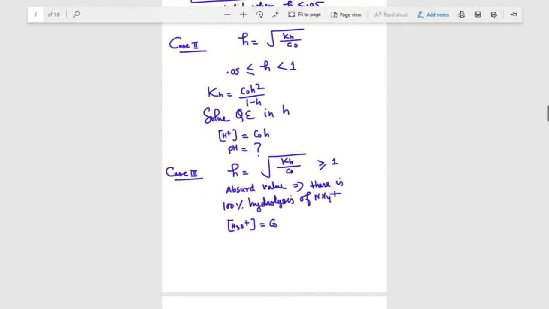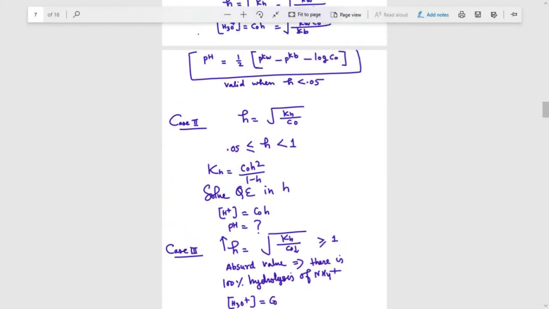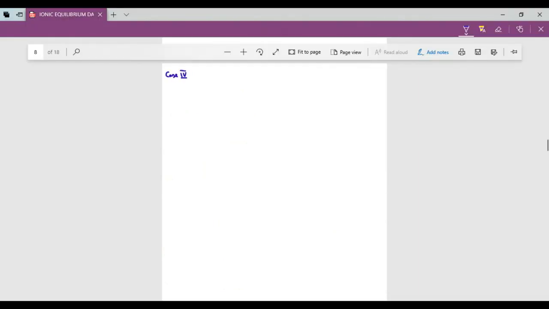So again here, same thing. If I dilute the solution, I am decreasing the concentration C naught. If I decrease the concentration of C naught, the degree of hydrolysis will increase. And in this case, when we see the effect on pH of the solution, if I dilute the solution, I will decrease the value of C naught. If I decrease the value of C naught, any questions asked regarding this fourth case? So we'll discuss that.